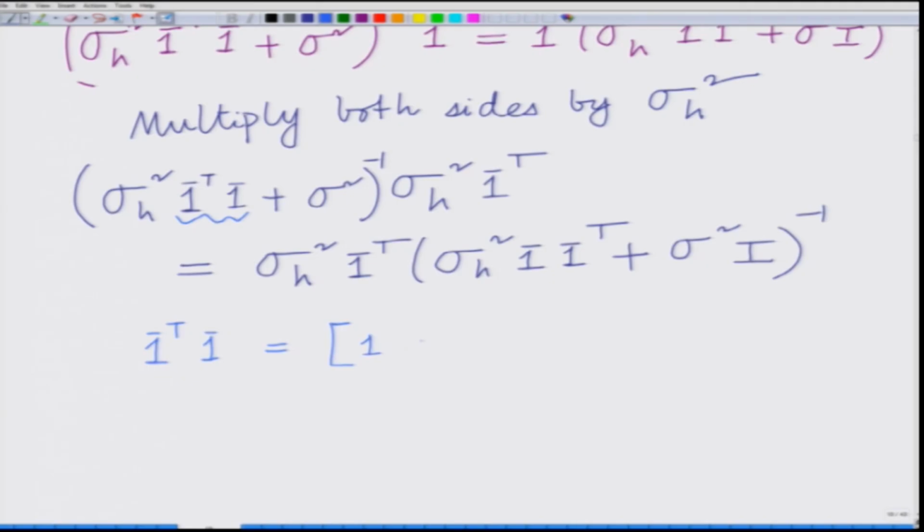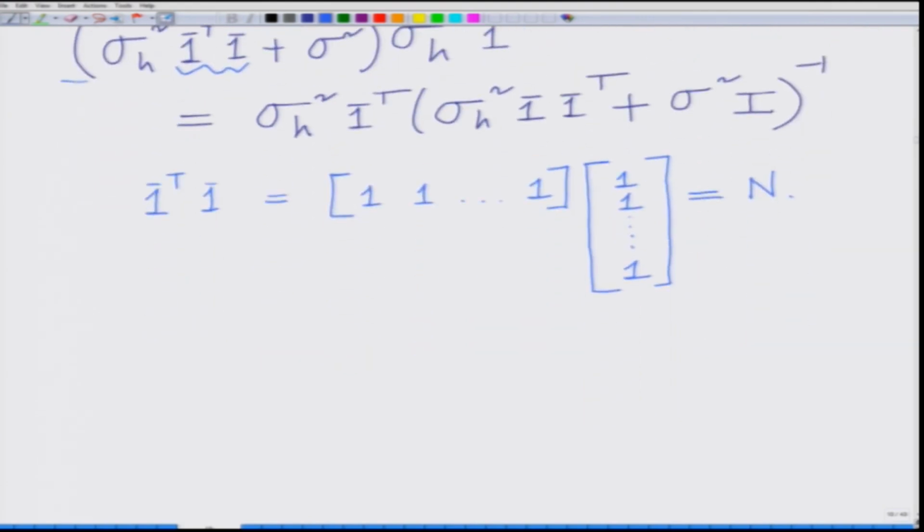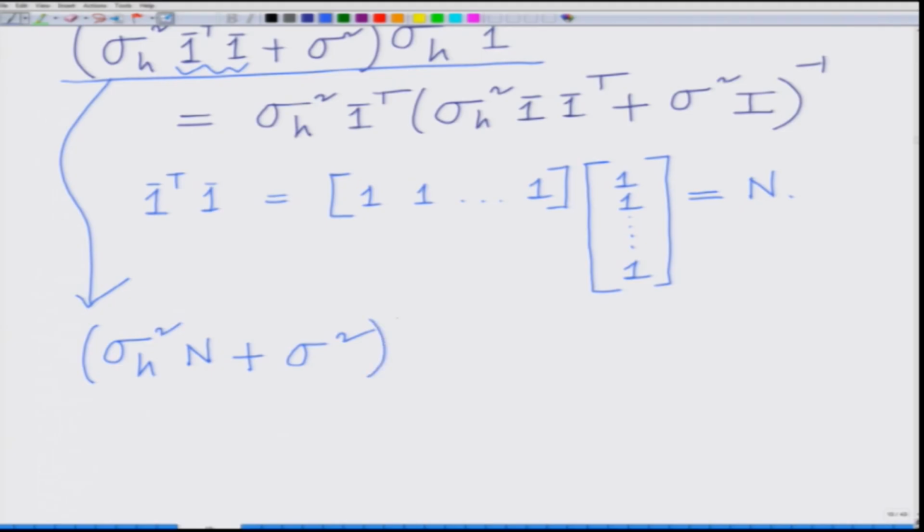This is the n dimensional row vector of all ones times the n dimensional column vector of all ones, which is simply equal to n. 1 bar transpose 1 bar is equal to n, and therefore, what we have now is, interestingly, this quantity here, this is basically sigma h square n plus sigma square, it is a scalar quantity, into 1 sigma square inverse into sigma h square 1 bar transpose equals